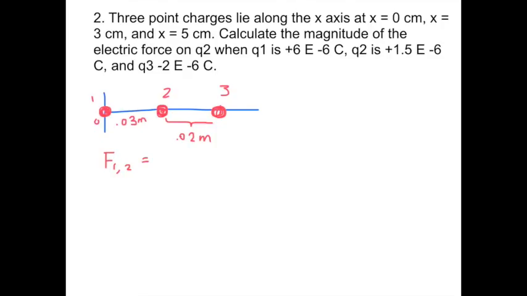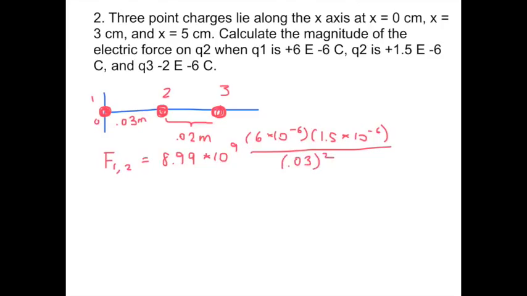That's going to equal Coulomb's constant, which is 8.99 times 10 to the 9th, times the magnitudes of the two forces, which are 6 times 10 to the negative 6th and 1.5 times 10 to the negative 6th, and then I'll divide that by 0.03 squared, which is the radius between them. When I simplify all of this, I get that the force of 1 on 2 is equal to about 89.9